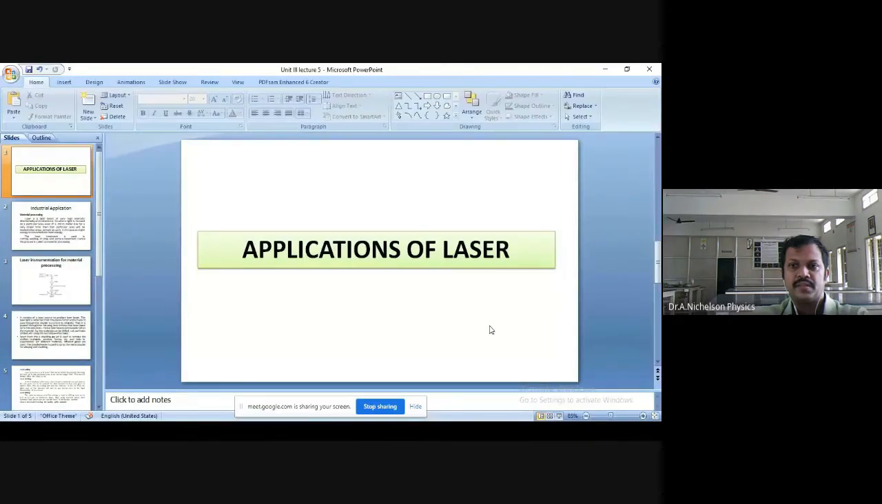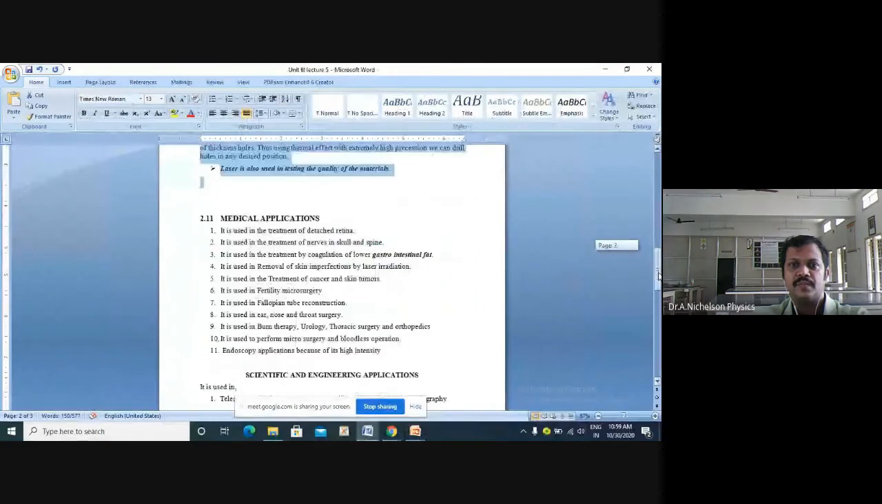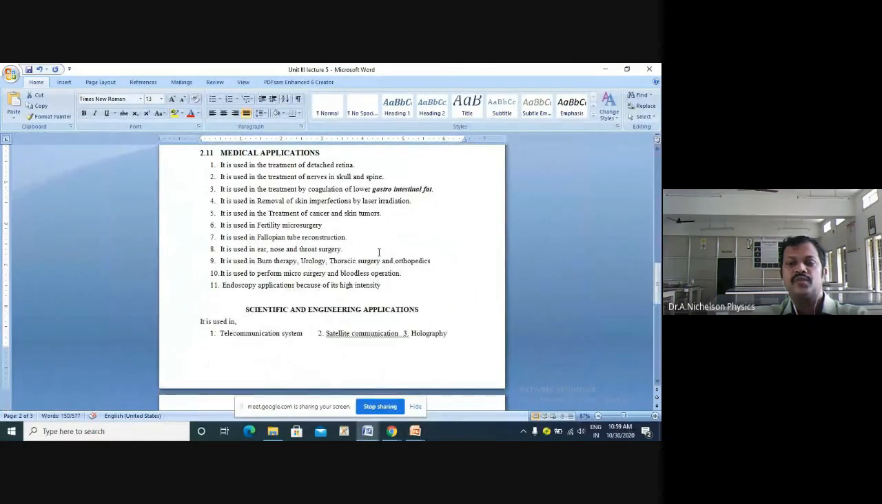So in medical applications, here you have, mostly it is used in the treatment of the eye, in ophthalmic treatment. Then in neurosurgery, there is treatment of nerves in the skull and spine. Then coagulation of the lower gastrointestinal tract. Then removal of skin imperfections. It is used by actresses mostly, and models,